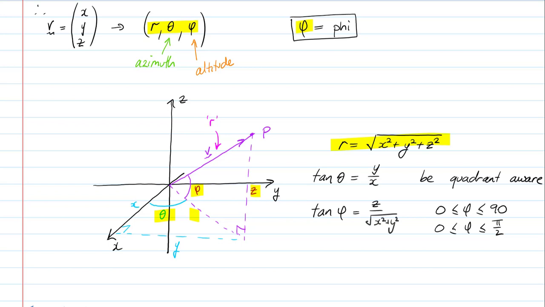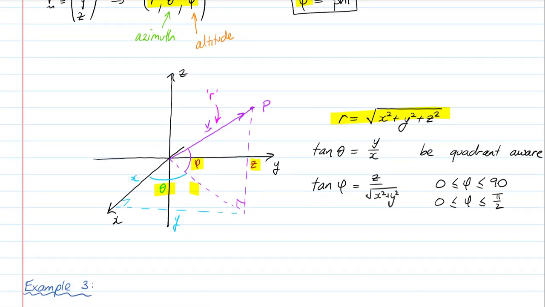But you might be saying, well, you know what, and I actually agree with this, and I'm not sure why I've written this, but let's change this up a little bit, because actually we already know the value of r. We're calculating it up here. So why don't we just say, instead, z over r, and in this case, z over r is going to be an opposite over hypotenuse, so it's sine of phi, and I think that's actually what it is, and I've just put tan down for some reason. So sine of phi equals z over r,